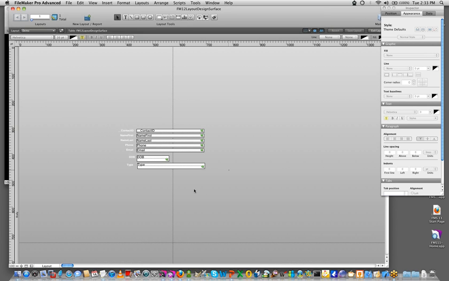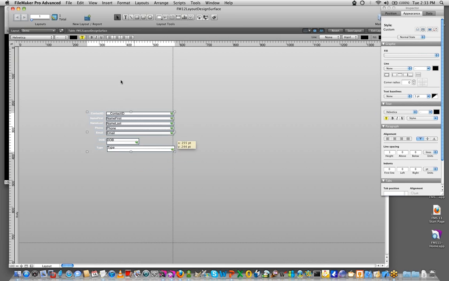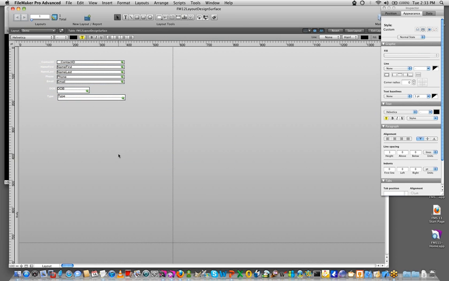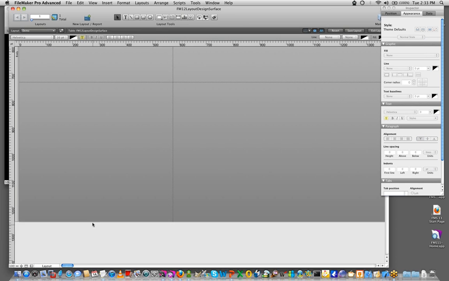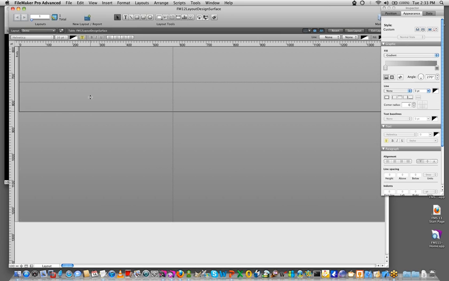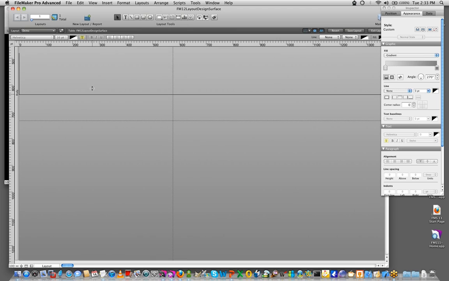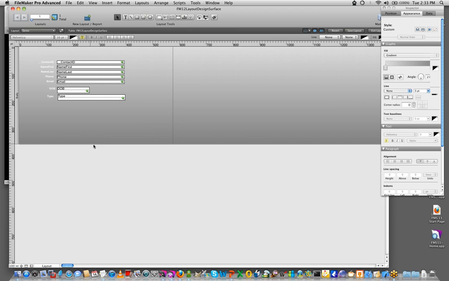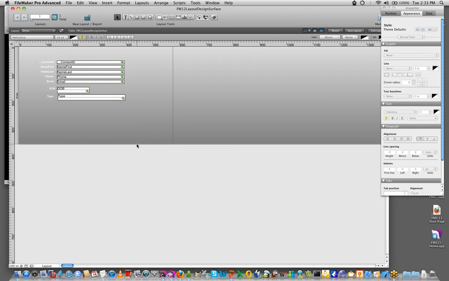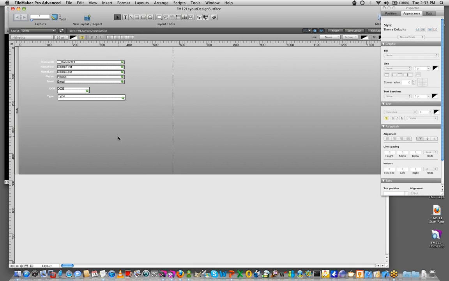One of the nicer features, in my opinion as well, is this idea of parent and child ownership in layout objects, and almost considering it a stacking quality of ownership here, where objects that contain other objects will be parents. If they're moved, if they're resized, they contain their children. One of the things in FileMaker 11,